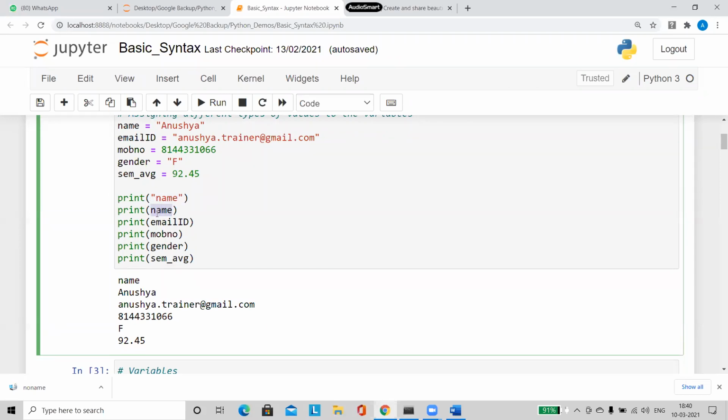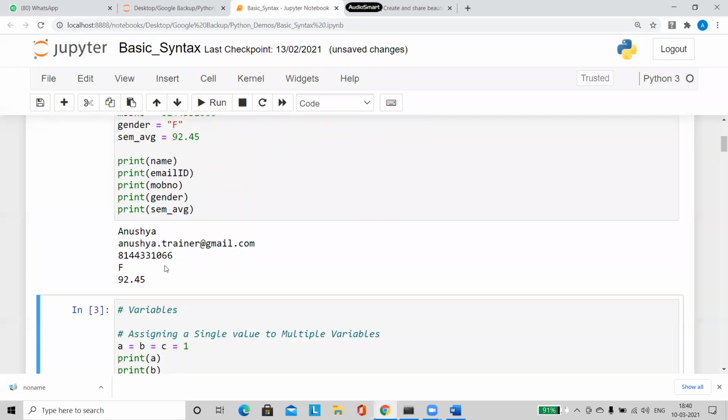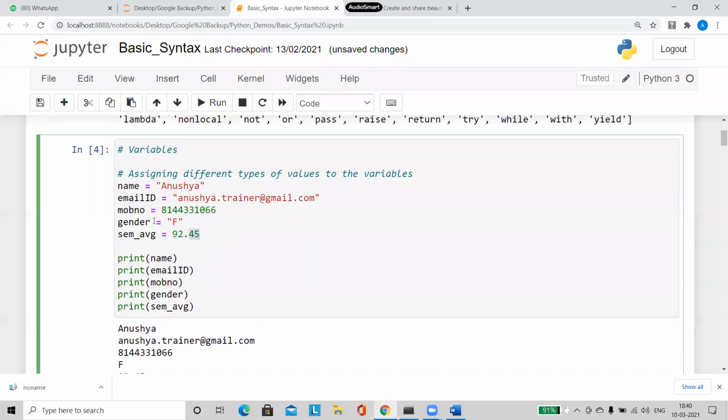So let me remove this and run it again. See, all the values get printed. This is how I create variables and print the value of a variable.